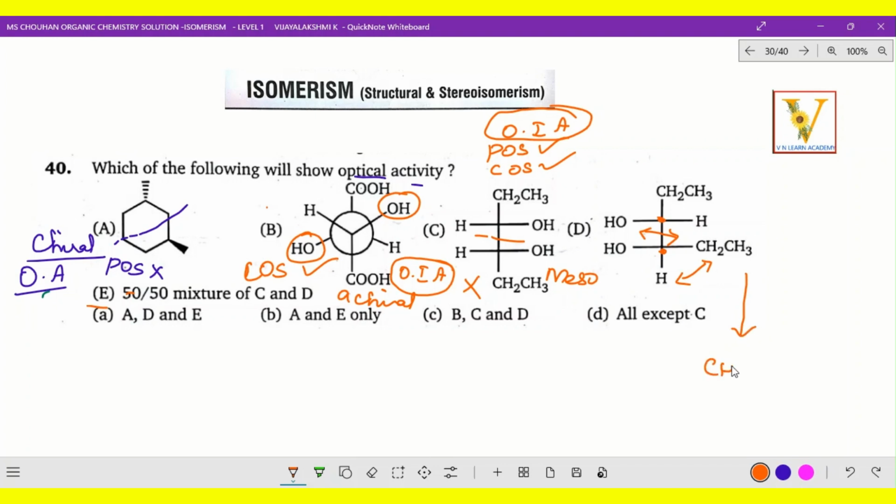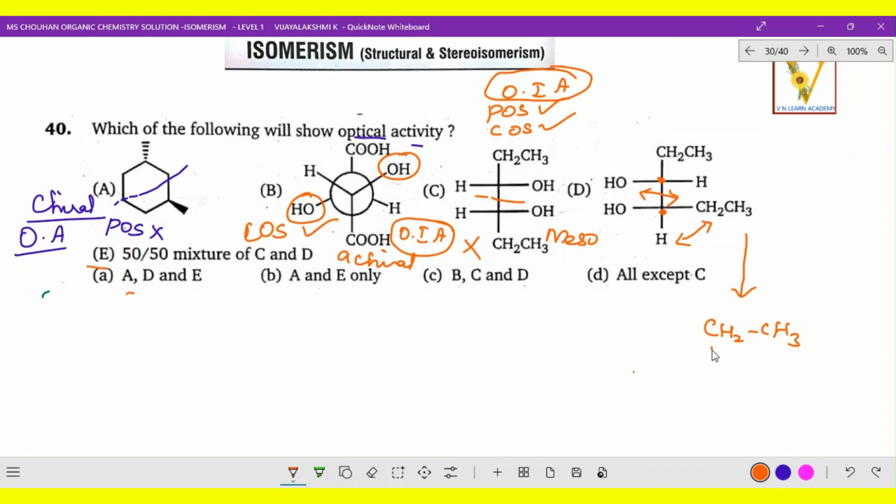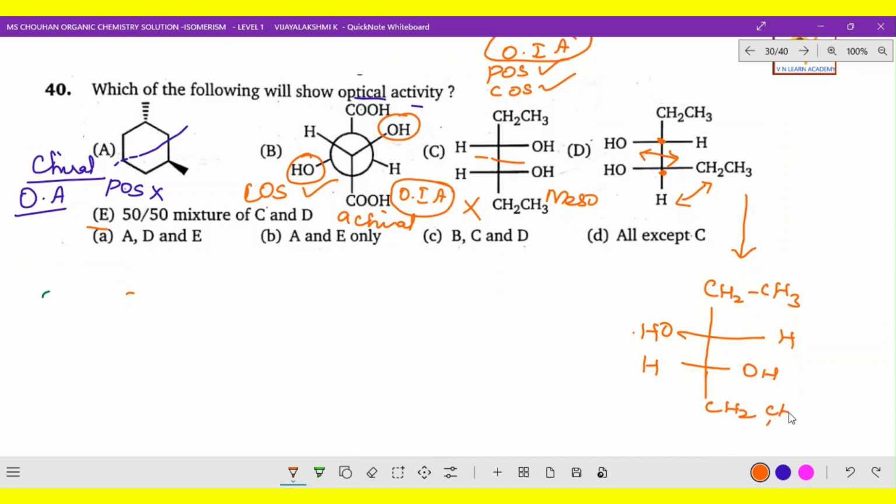When we are rearranging, how do we get it? Here you will get CH2CH3, and here the first chiral center OH, here H only. Rearranging is taking place, so this is H and this is OH. So interchange is taking place. This H will go here and then again interchange. So HOH here, CH2CH3 here. Are you able to see? Okay, so that means this is what it is.